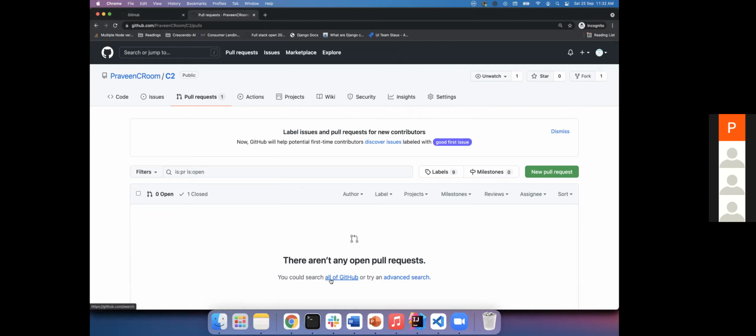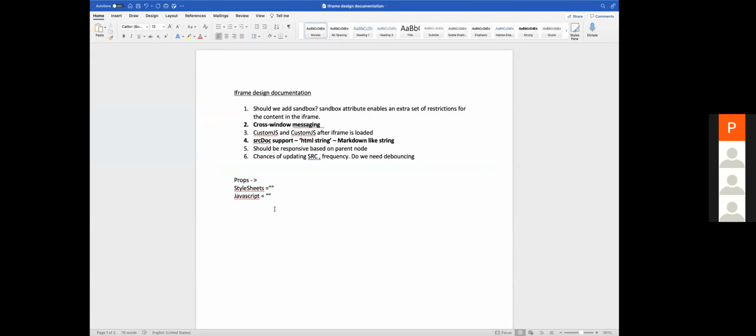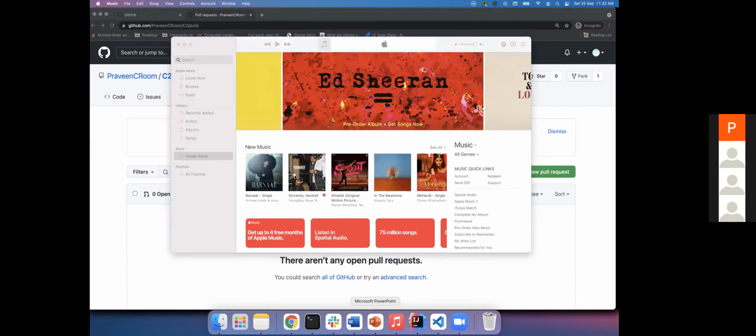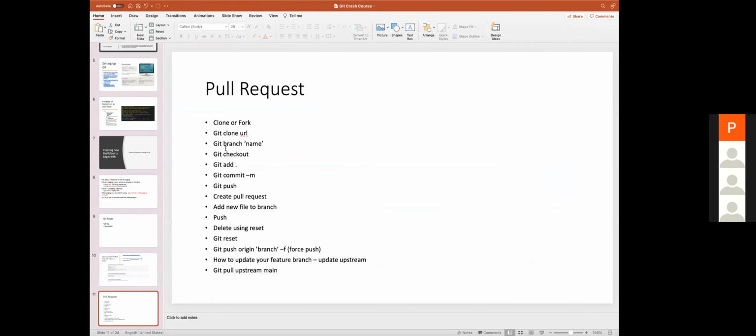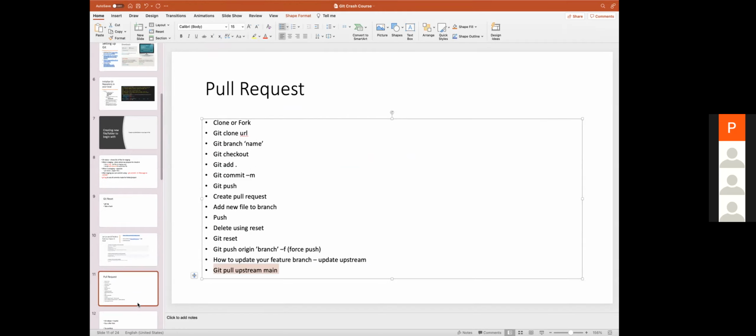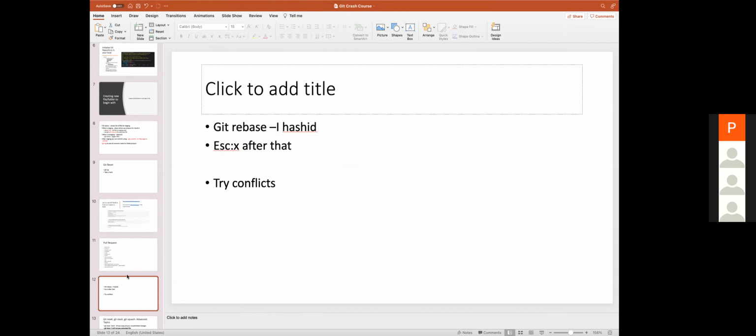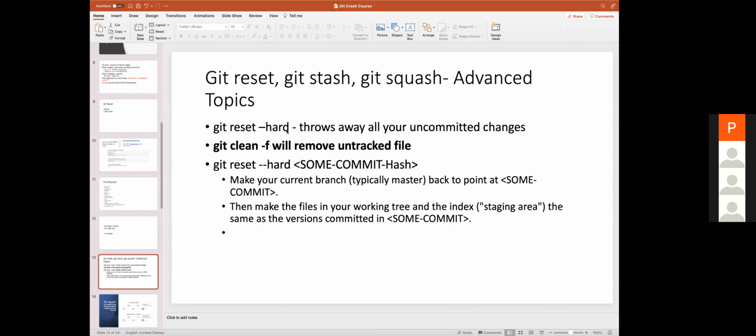I'll talk about one thing for today because we are running out of time. Since we did all this, we created a project, cloned it, checked out, added a commit, created a pull request, and we also tried upstream, I mean keeping your branch in sync with the master branch. There are a few commits. One I mentioned is the squash. What I said is you have 10 commits, and the 10 commits differ only in some spaces.